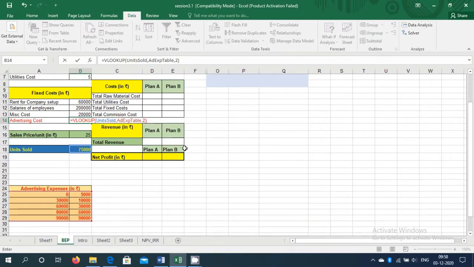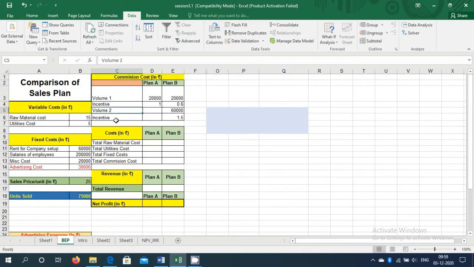So 75,000 is coming between, it is more than 60,000 and less than 80,000. Accordingly, let us see how much it comes to. It is satisfying this one, it is not reaching 80,000. Had it been 80,000 plus and less than 90,000, then it would have been 60,000. But for this one, because it is 75,000, it has been calculated by itself. We do not have to put any formula over here.